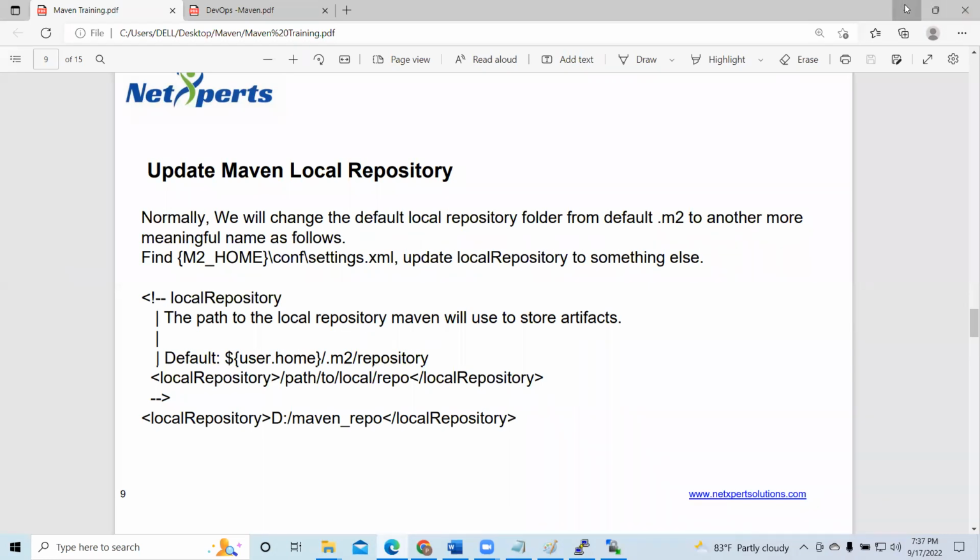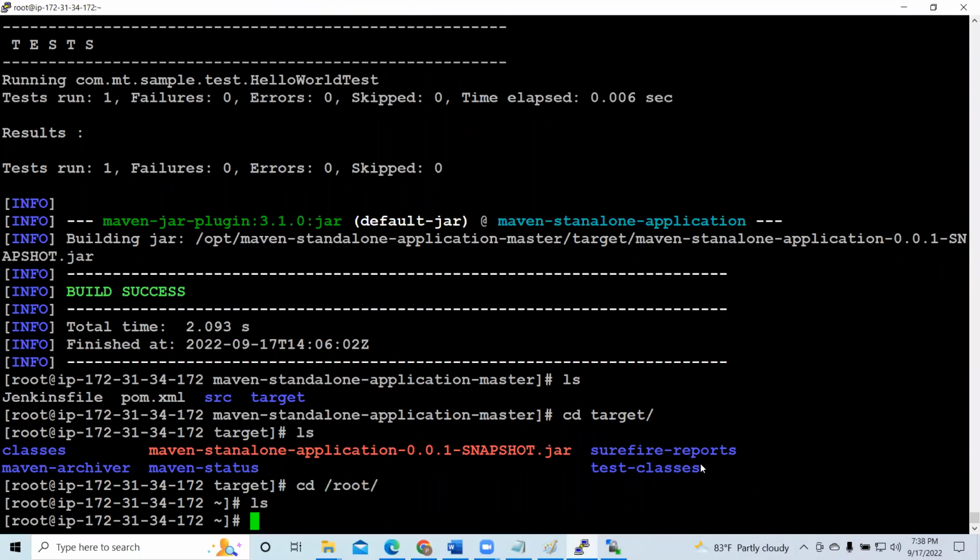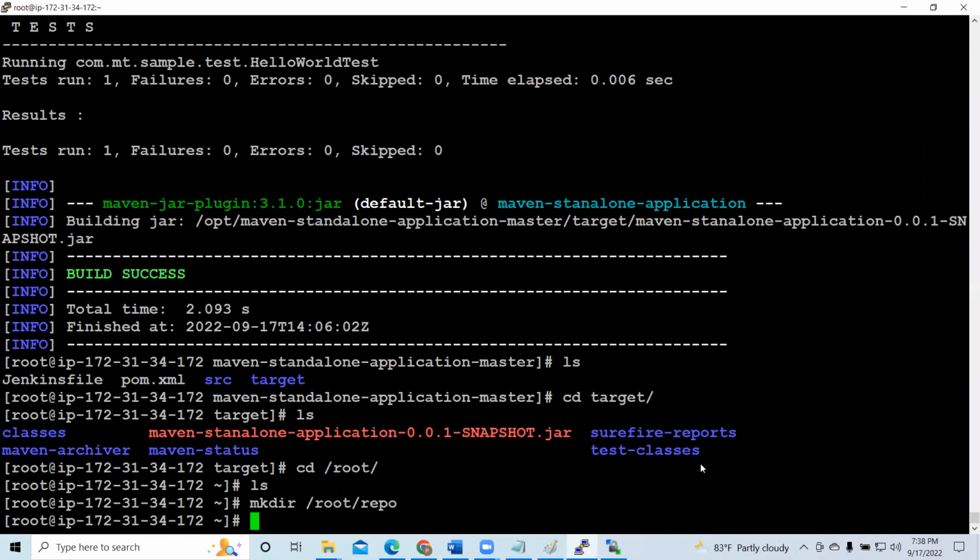Now you see here. Let me go to this one. Let me create the folder, mkdir, root folder. Let me put a repo. This time I would like to use this as my repository dependencies folder, right? So what you can do is, first of all, go to Maven and inform about this folder. Now go to